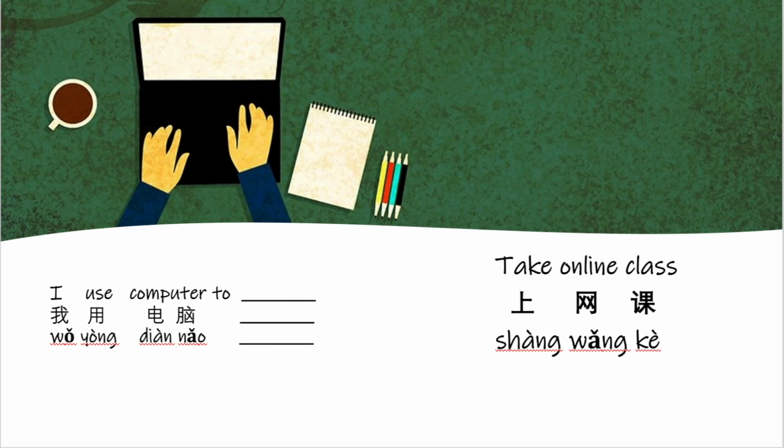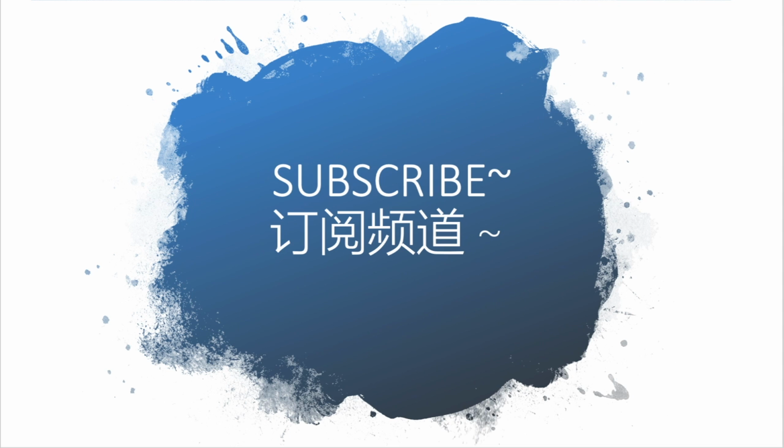So to simplify it, we can simply say 上网课 to take internet course. So an easier way to say it is to say 我用电脑上网课。